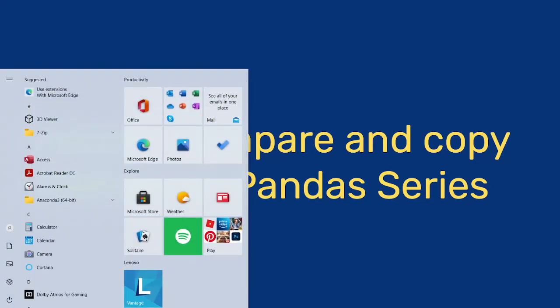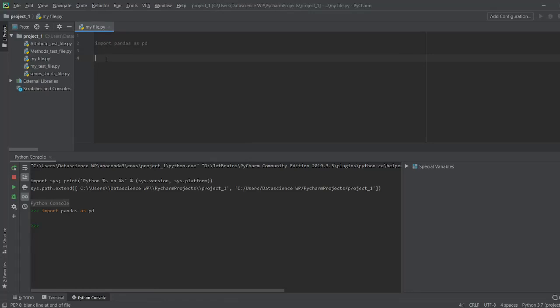Let us start coding in PyCharm. So I've already gone ahead and imported the pandas library. So let's say we have the following two series objects.